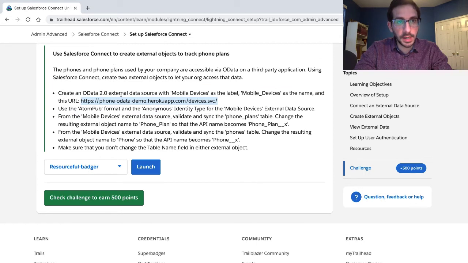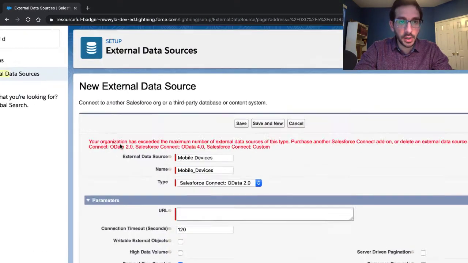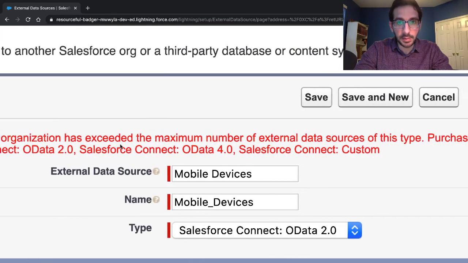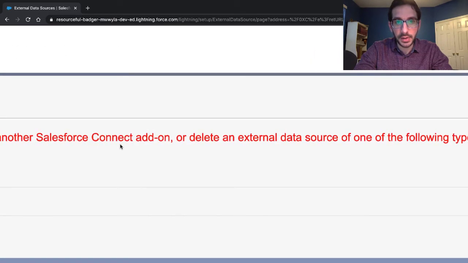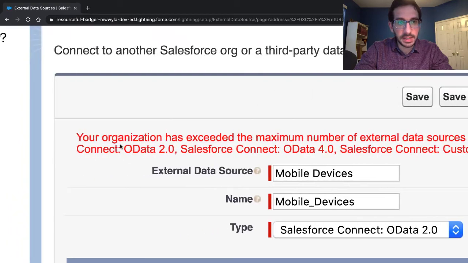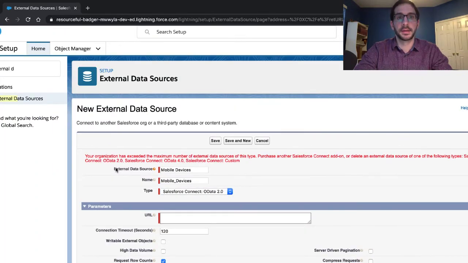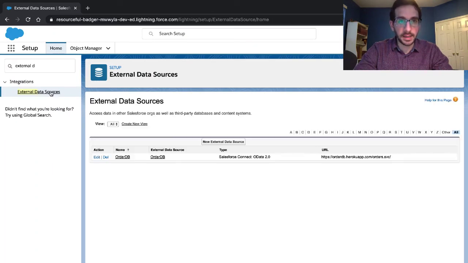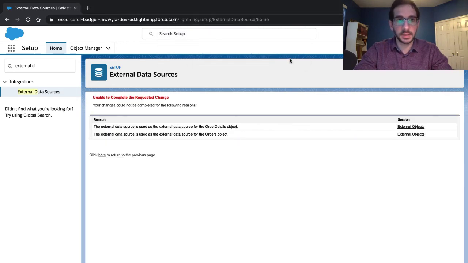Okay, so if you try to create an OData 2.0 external data source, this step right here, and you did the exercise above, you're going to get this warning which says your organization has exceeded the maximum number of external data sources of this type. Purchase another Salesforce Connect add-on or delete an external data source from one of the following types: Salesforce Connect OData 2.0, Salesforce Connect OData 4.0, Salesforce Connect Custom. So yeah, basically now I've got to go back here and click delete, which is frustrating to me because